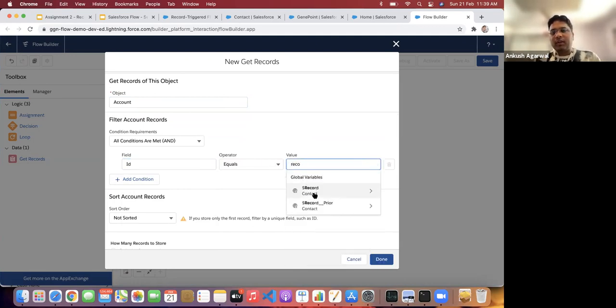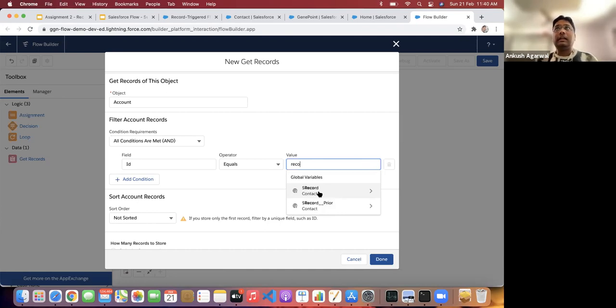One more important thing to note is that whenever you work on this record trigger flow, a record variable will be there, which holds the values of all the fields. And there is one more newly added feature: record prior. Earlier we couldn't compare the prior values.